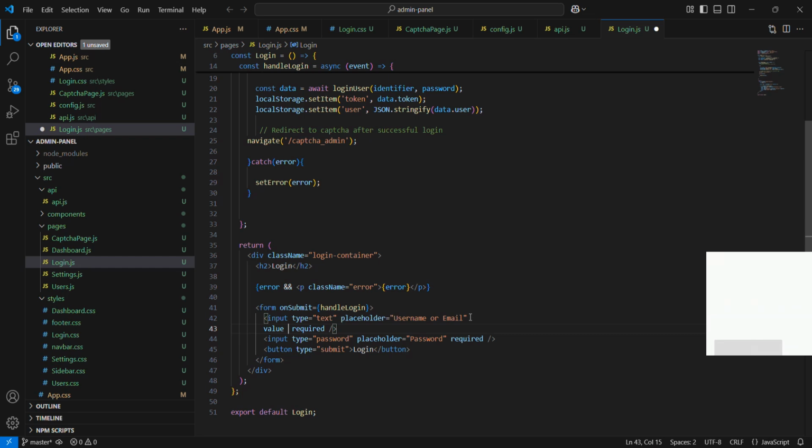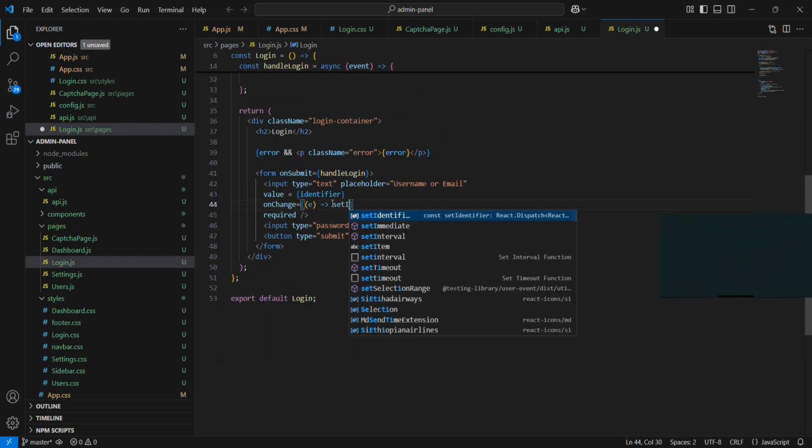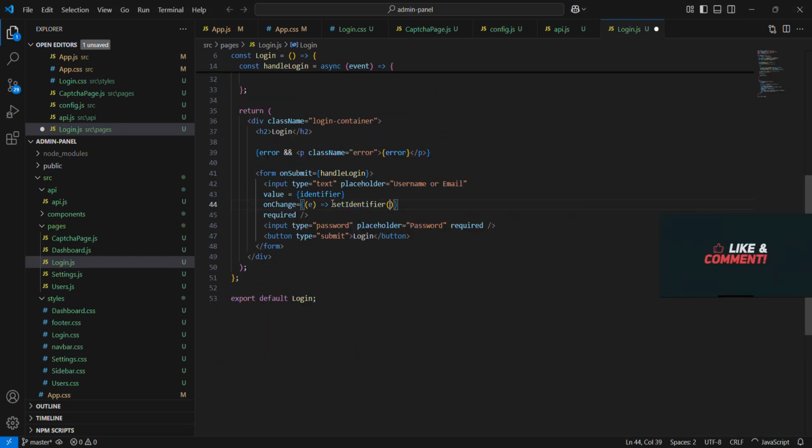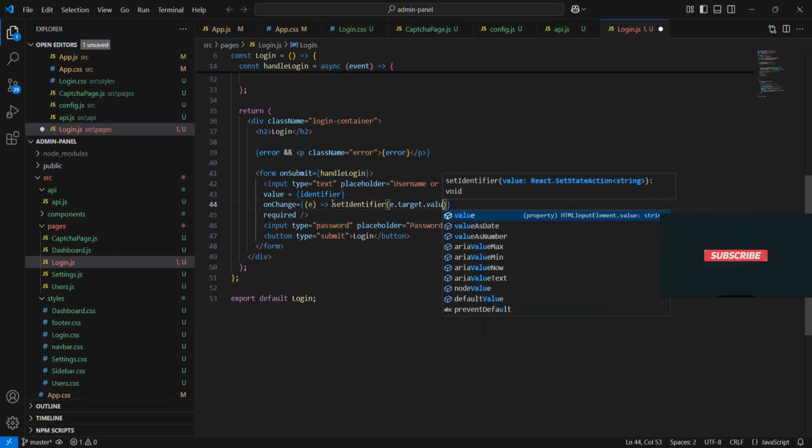And add value attribute, which will bind the input field to the identifier state, meaning whatever the user types will be reflected in the identifier variable. Next, let's add on change event handler. So whenever the user will type, it will update the identifier state with the current value of the input field.